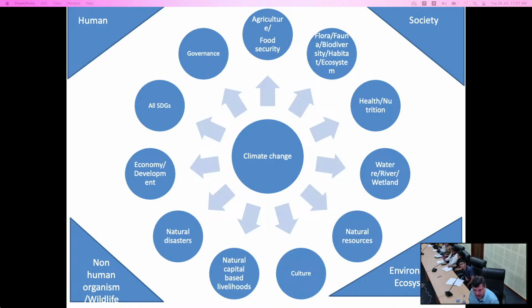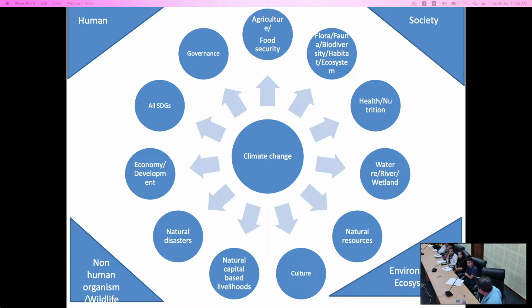Just to give you an idea, I am showing this slide because there is not even a single aspect of our lives which is not affected by climate change. Everything around us. That is why it is the most concerning issue for the entire humanity and for the entire world, and therefore all the world leaders, the United Nations, they are giving maximum importance to resolving this crisis. For example,